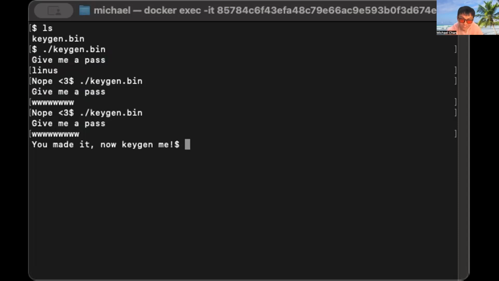Oh my God, what? Okay, so the skill is really just reverse engineering